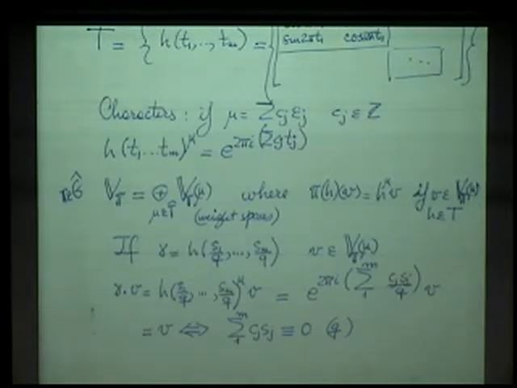So now we take V pi and split it into weight spaces. In each weight space, pi h of V is just multiplication by the character, so h to the mu in each weight space. In this case, the Tj's look like this. So when we compute gamma V, we'll get this.